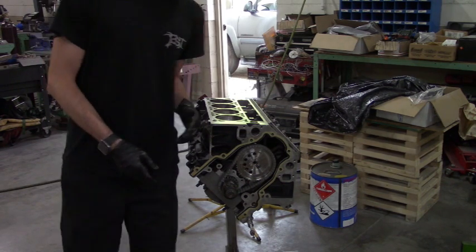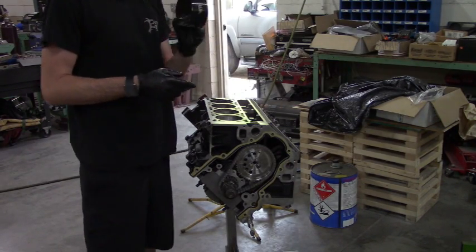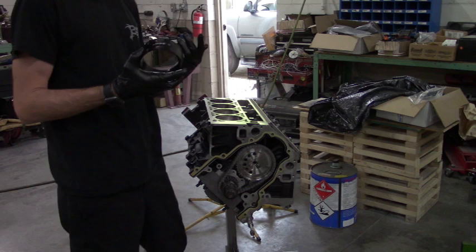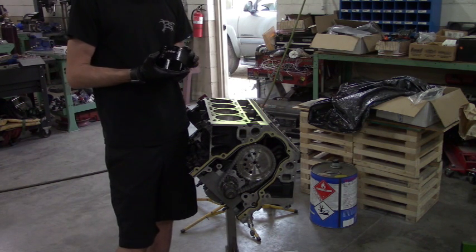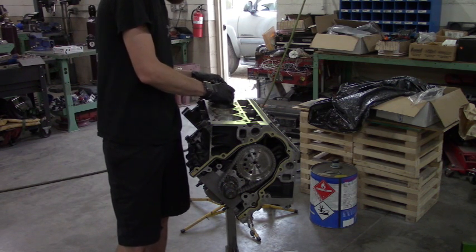One thing that is making this go so smooth, and this isn't a paid advertisement by any means, is this BTR ring compressor. This thing's great. I've used other versions before on other engines, and it's the first one I've ever gotten for the LS stuff, but man, it makes it so much faster and easier. Put it on there,